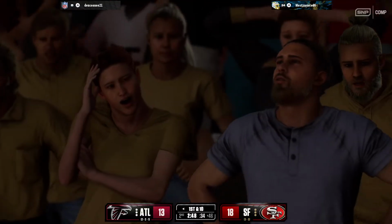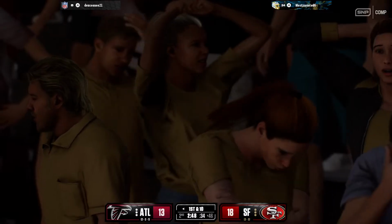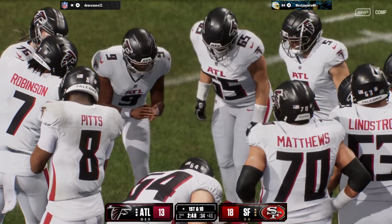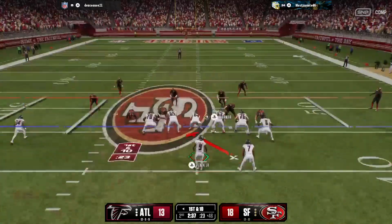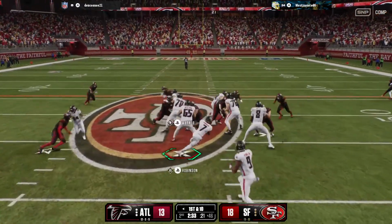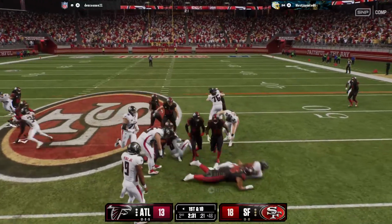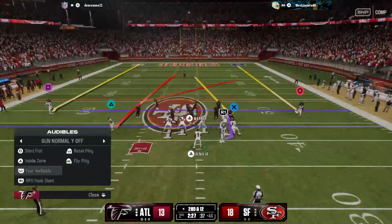It just seems like every time this guy touches the ball, he makes something happen. And not all of his runs are always going to be positive. He's kind of one of those guys that's going to get a 0, a 1, a 2. But it's the home run threat. It's the big plays that really tip the scales in your favor. And when you can generate those big explosive plays on the ground, man, it makes such a big difference for